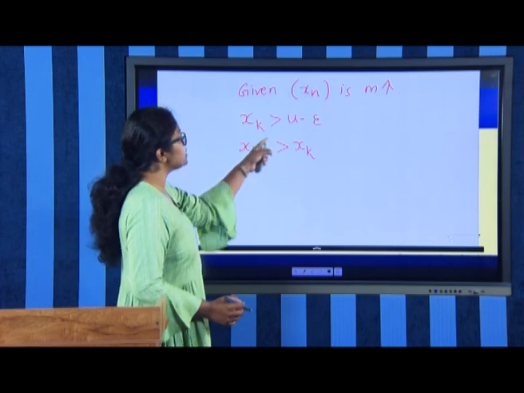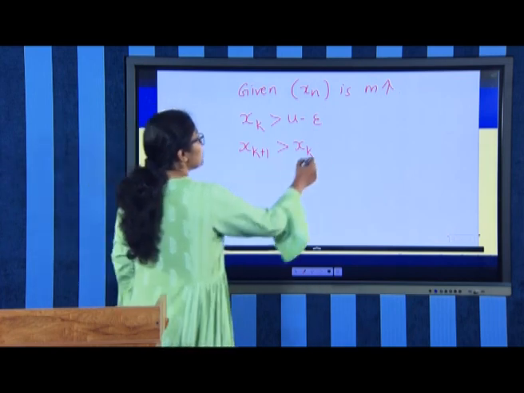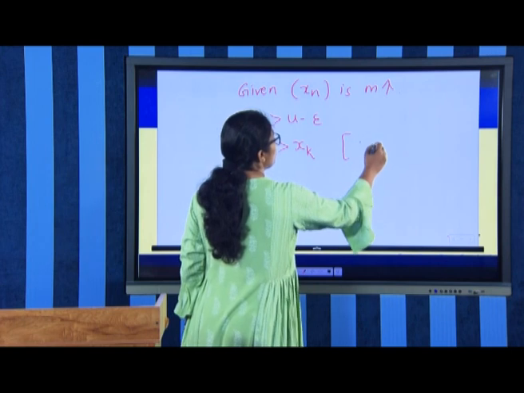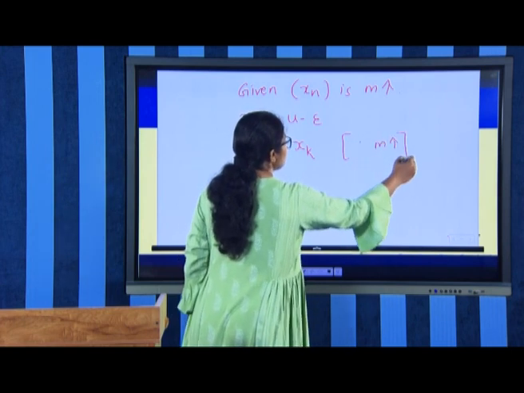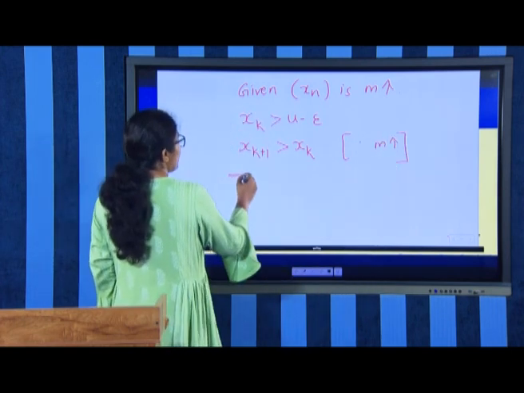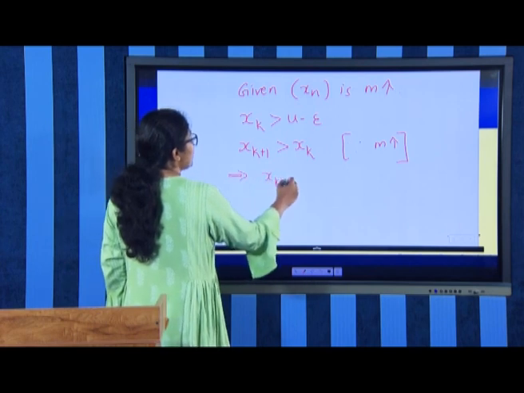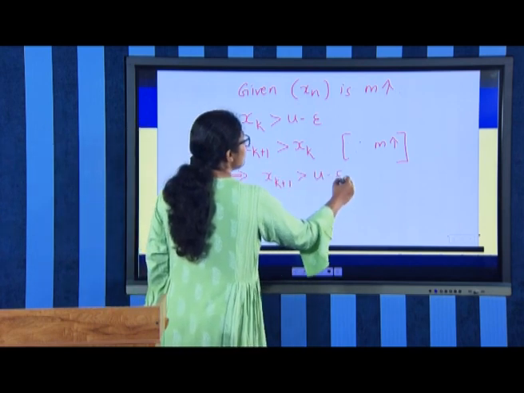So, xk plus 1 is greater than U minus epsilon,